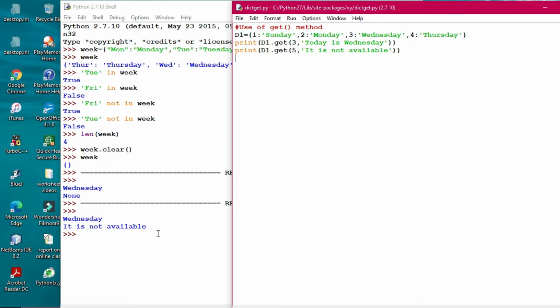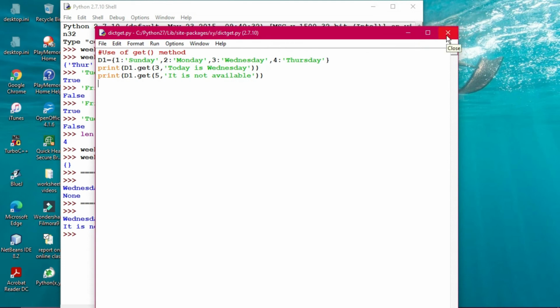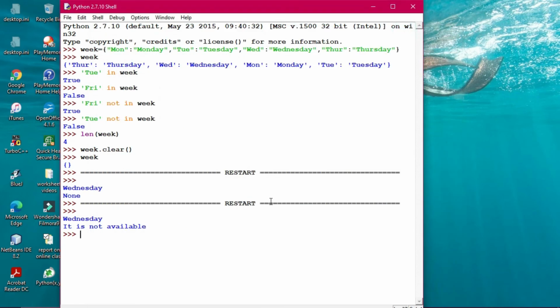So these exceptional cases you have to remember always. Otherwise, sometimes when questions are given, you will not be able to print the output properly. So that's what I mean to say.